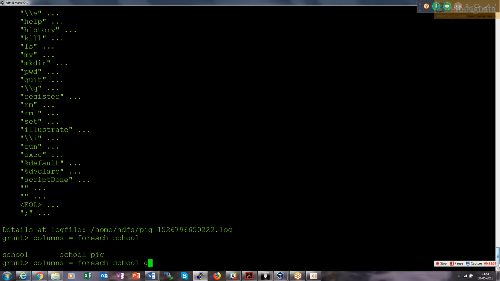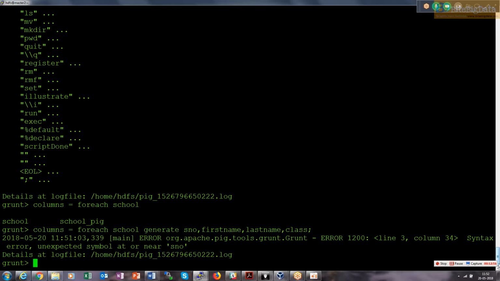Generate, what we need to generate: serial number, first name, last name, and class, right? So what it says now, foreach school generate serial number, first name, last name, class. Syntax error, symbol near